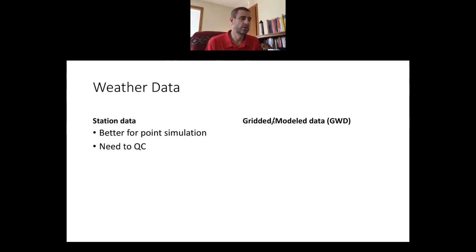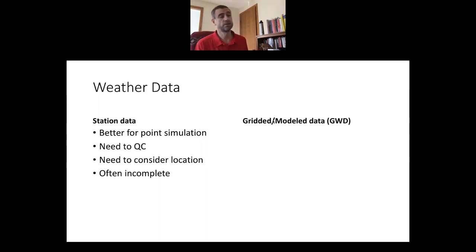Cross-check it against other nearby stations, or make sure that all the variables are in the correct range. We do need to consider the location, whether the weather station is sufficiently close to our intended simulation. Often it can be incomplete, missing some of the variables or having gaps in it, so we need to address that. Gridded data is going to be better for regional scale simulations where the intention is not